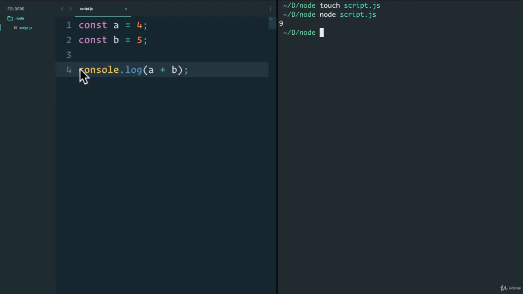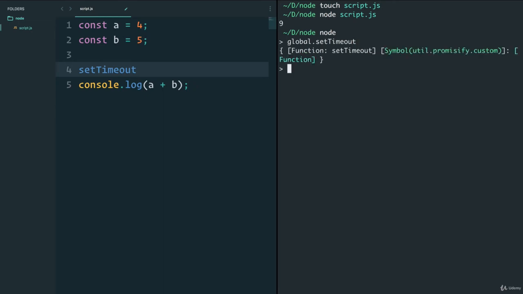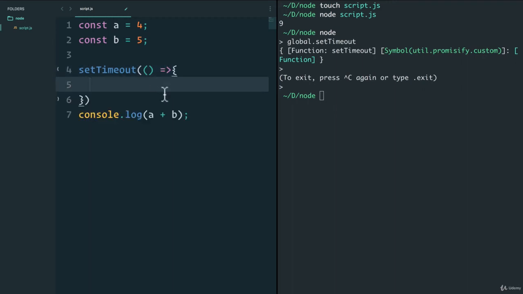Let me show you something. If I did something called a setTimeout, which we actually have in Node, if I do node global.setTimeout, I get a function. Okay, so if I do setTimeout, I can run a function, again using our arrow functions, and within here